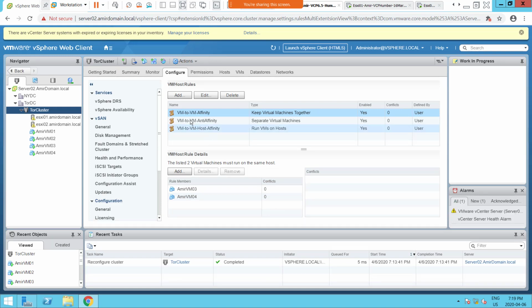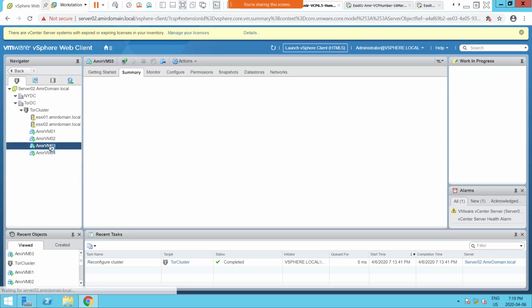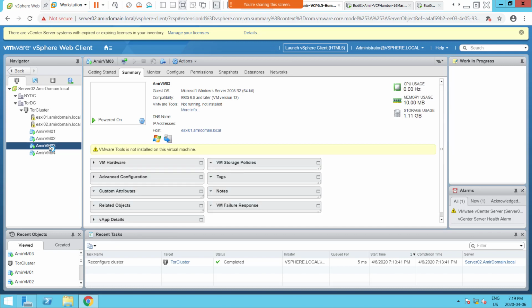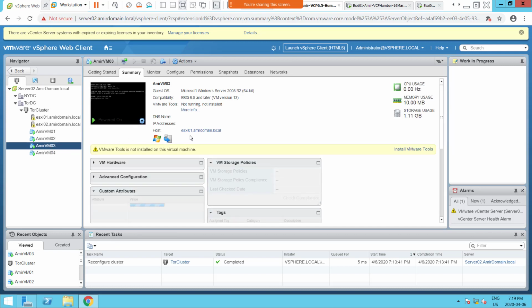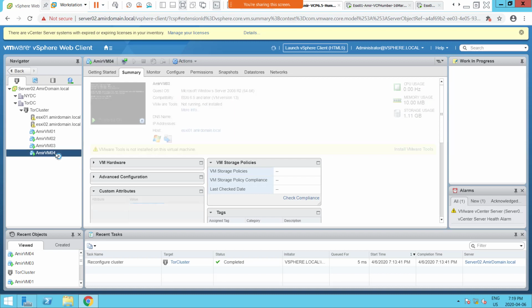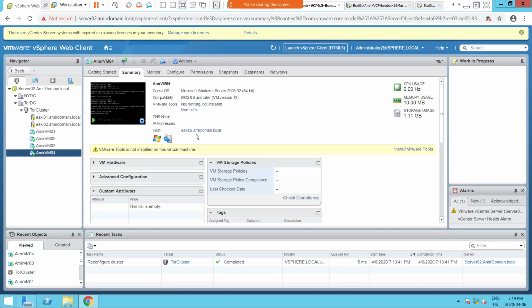So now here, VM to VM Affinity and the two VMs here, so 3 and 4. Let's go to 3, let's go to 4. On the left side, can you see both? So let's left click 3. In my case, they're all powered on. I hope they're powered on in your case as well. So I'm going to left click 3, and because I'm on the summary tab, I select the machine and summary. I can see that it's on E6I1. I'm going to go for 4 and check where it is. E6I2. Are you kidding me? So, okay. Now,